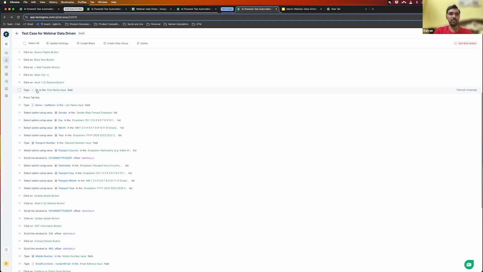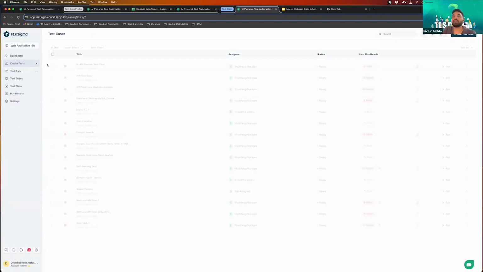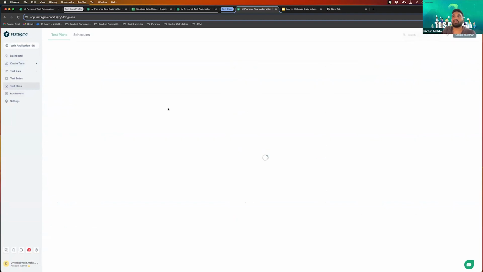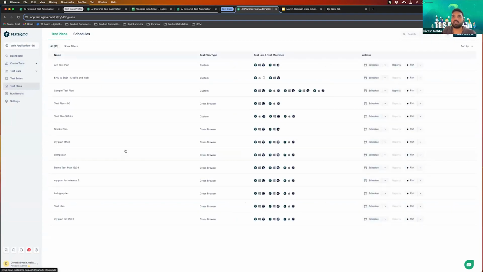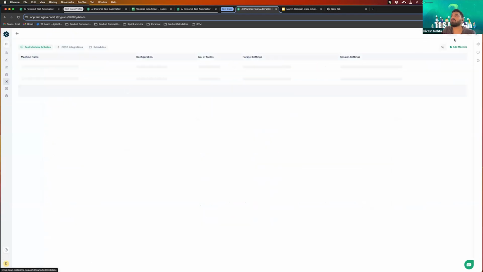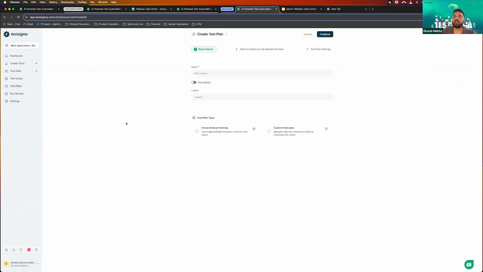Okay. So Prajna asks, can we do browser compatibility testing using Testsigma? Yes. When you run, you can run with any browser combinations, or when you even create a test plan. Let's just take any sample test plan that I may have. You can run the same set of tests on multiple browsers. So we have cross-browser testing and we have custom plan testing. Let's select cross-browser testing, add